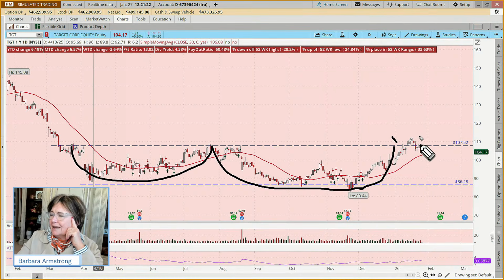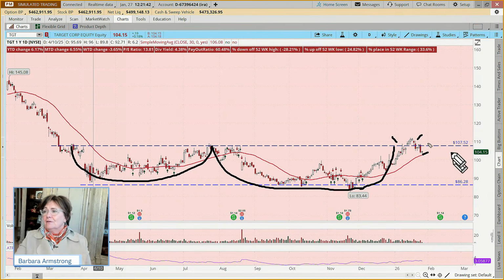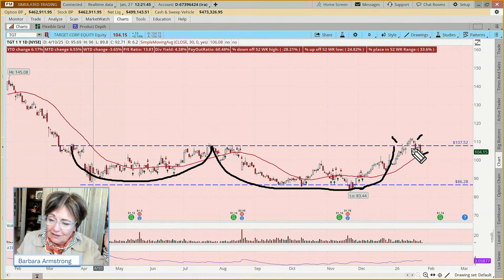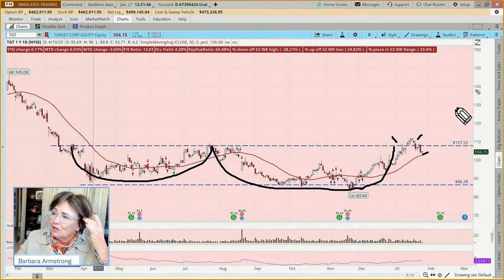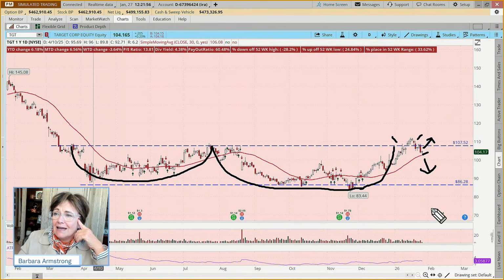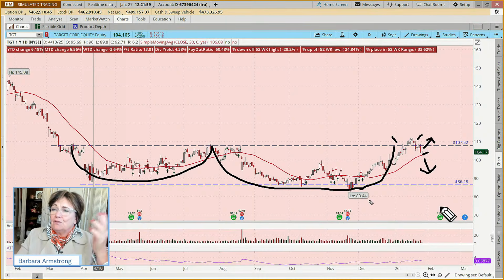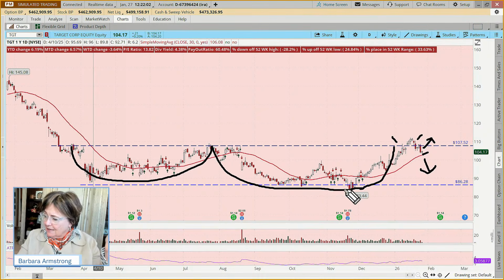We'd call that a double bottom. And then it looked like we had our breakout. Was it retesting? Well, now it's kind of come back into this range, and it looks like this 30-day moving average may be acting as support now, but it hasn't been acting as support for the last 10 or 11 months. The stock has been weaving back and forth through it. But the trend is your friend until it ends. So it could come back and break out, or it could break down below here, but we don't really have any confirmation quite yet of what it's doing if you're looking at a broader term context.